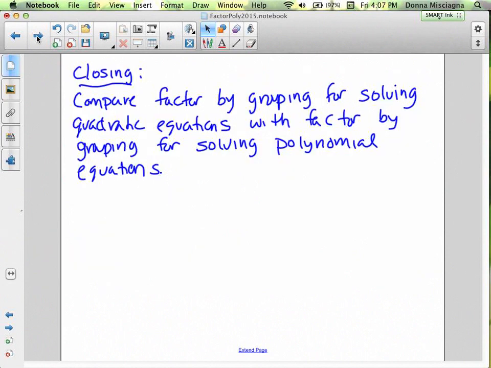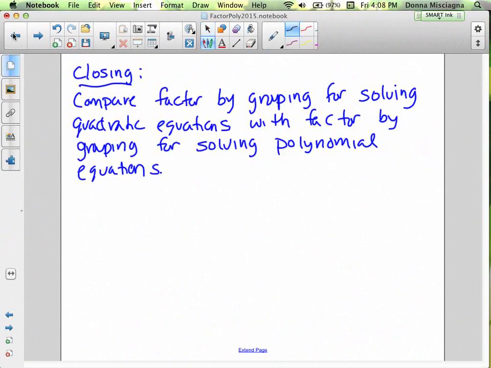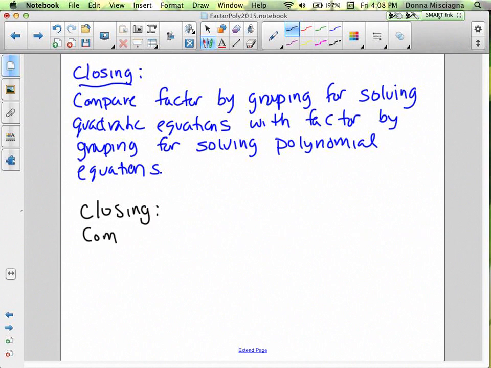And I have my closing for you. Did I write it down? No. All right, I'm going to write it down right now. I know what it was going to be anyway. Closing: compare and contrast